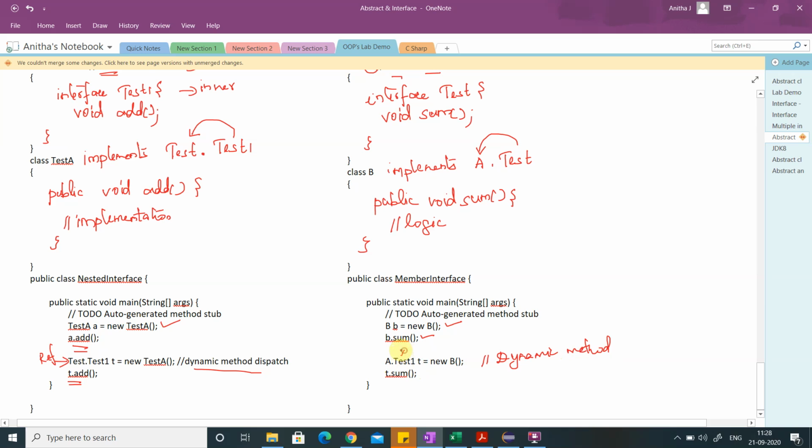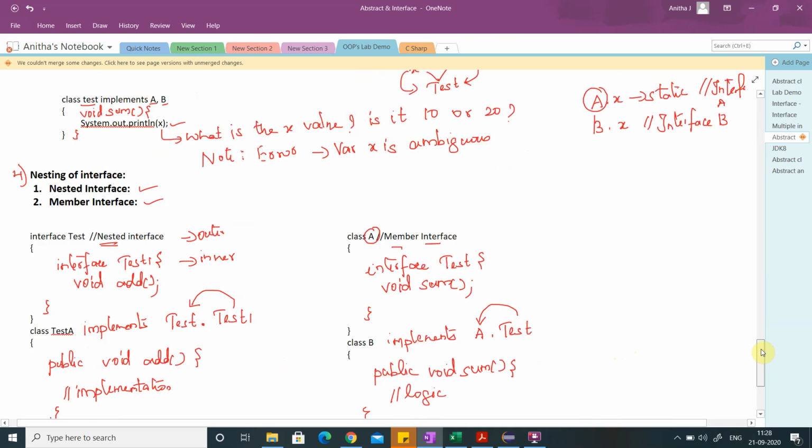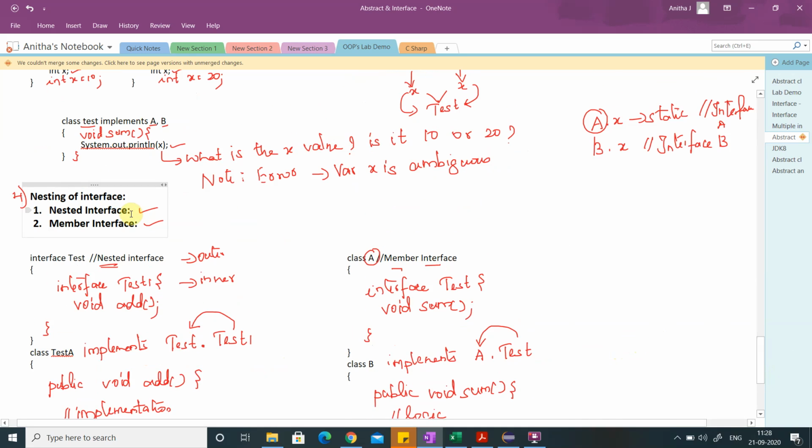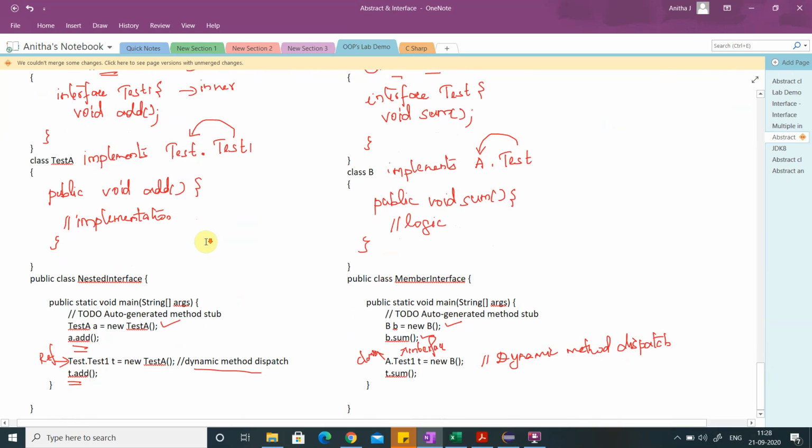This is my interface which is available in the class A. So I am using class name dot interface t is equal to, assigning the object of the derived class B, and then calling the method sum. So you can achieve nested interface. Nesting of interface can be achieved through nested interface and member interface.